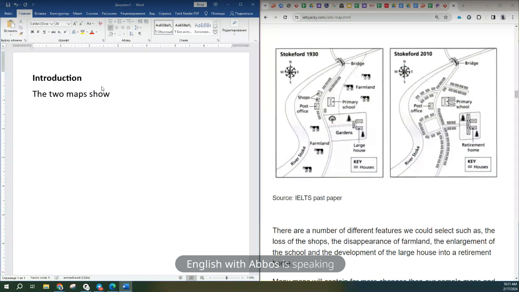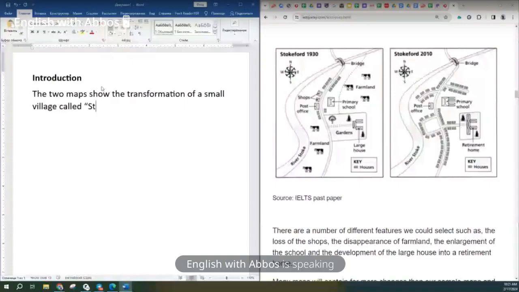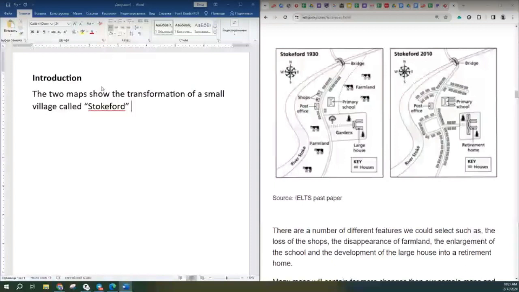The two maps show the transformation of a small village called what? Stokeford. So the two maps show the transformation of a small village called Stokeford